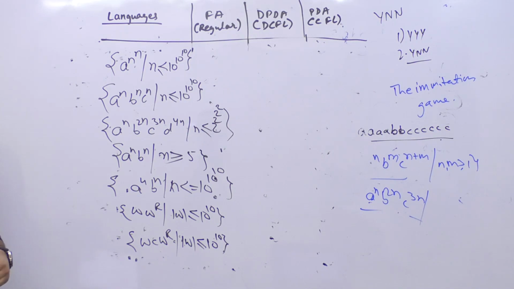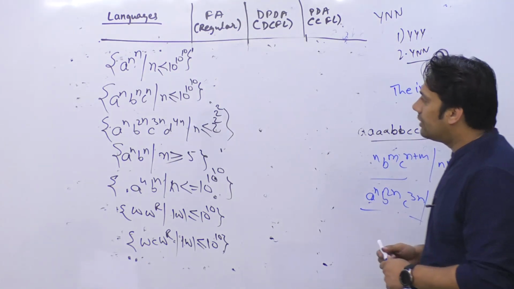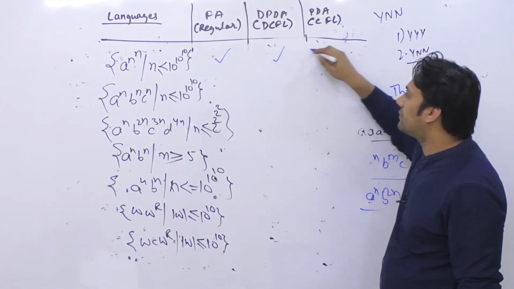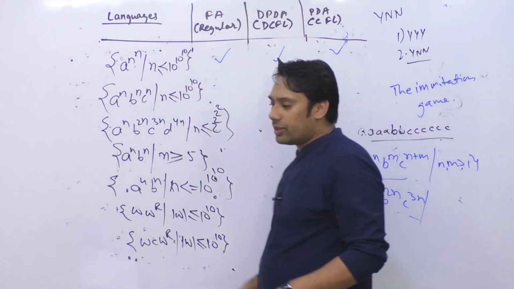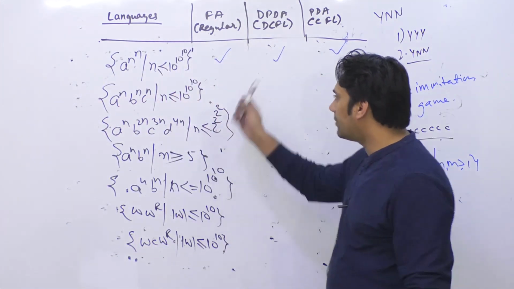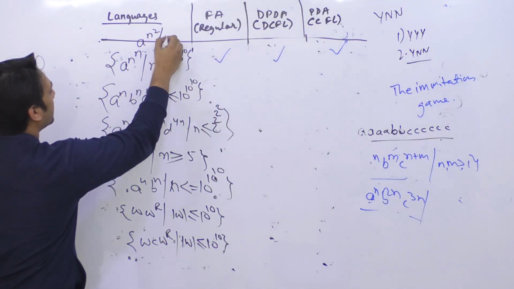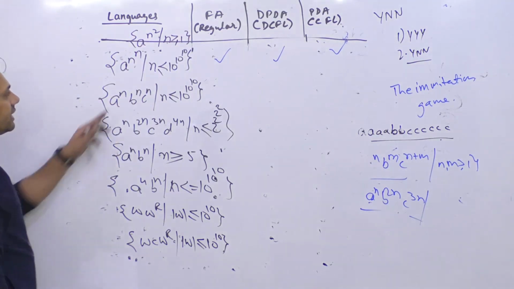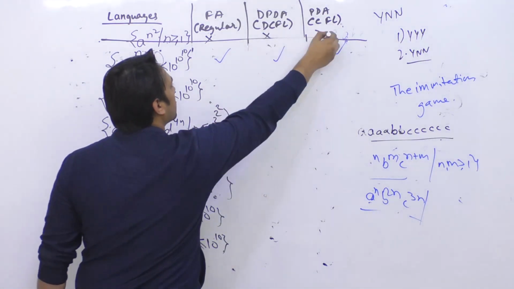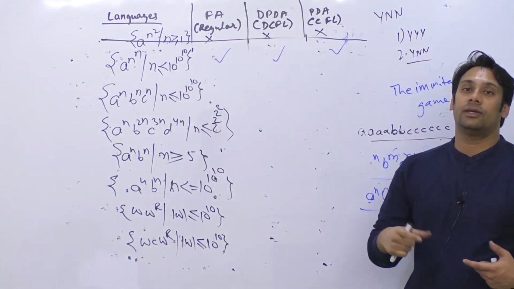Look at these languages and tell me if you can make a finite automata for them. This case is interesting. For the first language you can make a finite automata, a DPDA as well as an NPDA. How can you make it? Let me give you one more example. If we have the language a^(n^2) such that n is greater than or equal to 1, you cannot make a finite automata, a DPDA, or an NPDA, because n squared does not create any arithmetic progression.